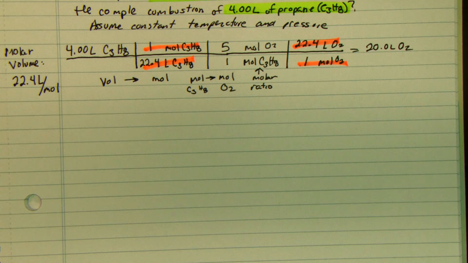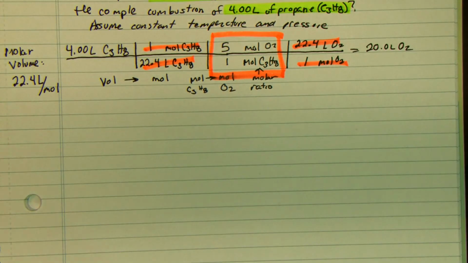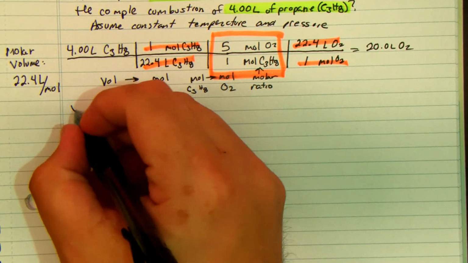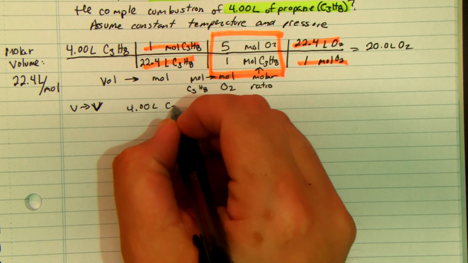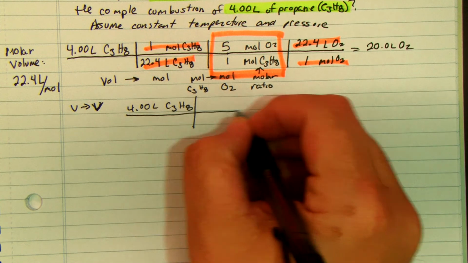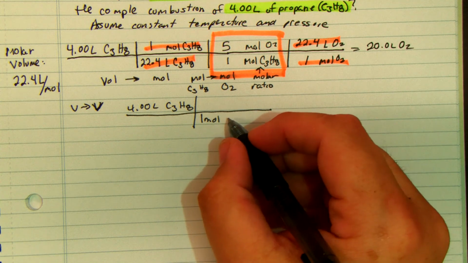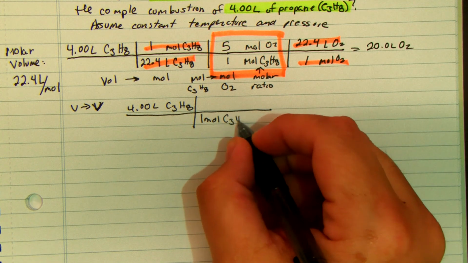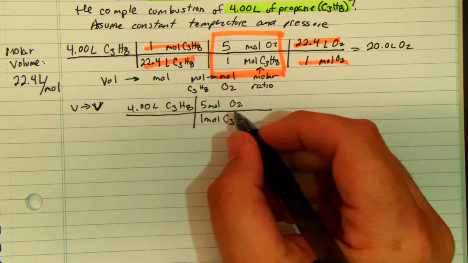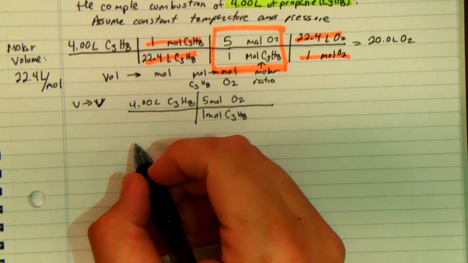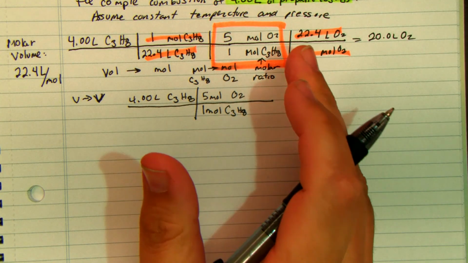What this does is it keeps the mole ratio intact. Because then, if it's just volume to volume, we could just say 4.00 liters of C3H8, and then go to the equation and say 1 mole of C3H8 is 5 moles of O2. But even if you want to think of it in a different way, instead of saying moles, we can think of volumes. So you could say this is really 1 volume